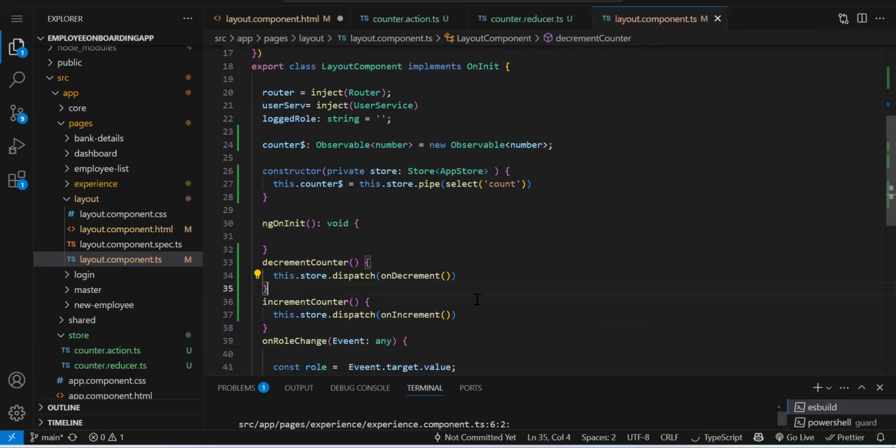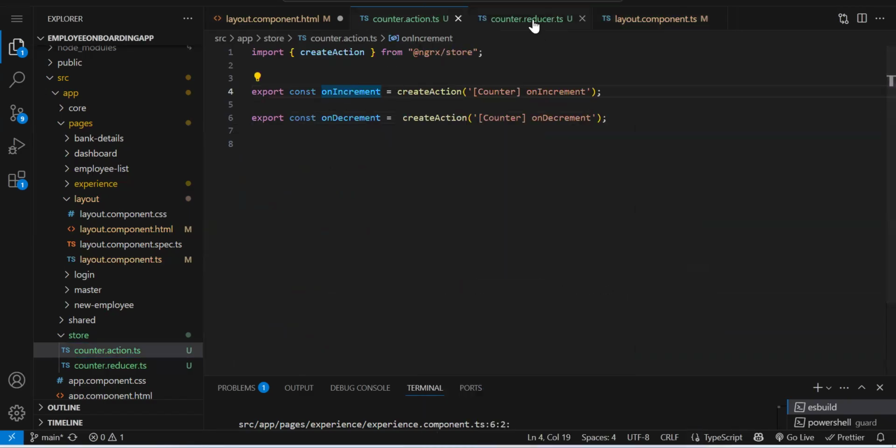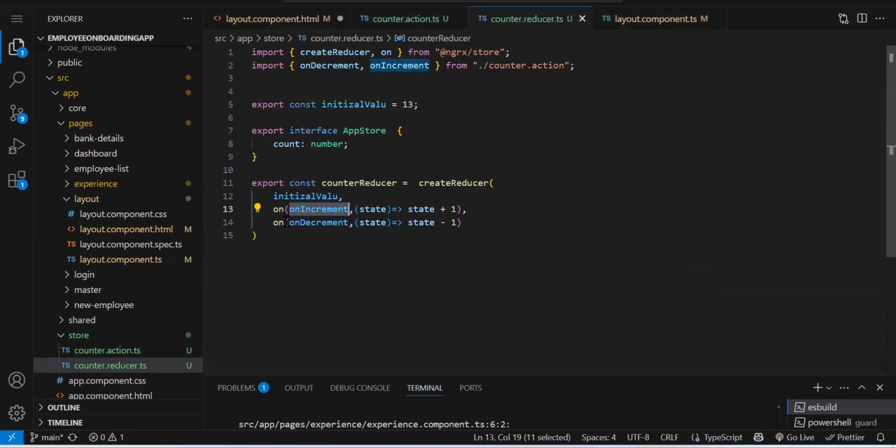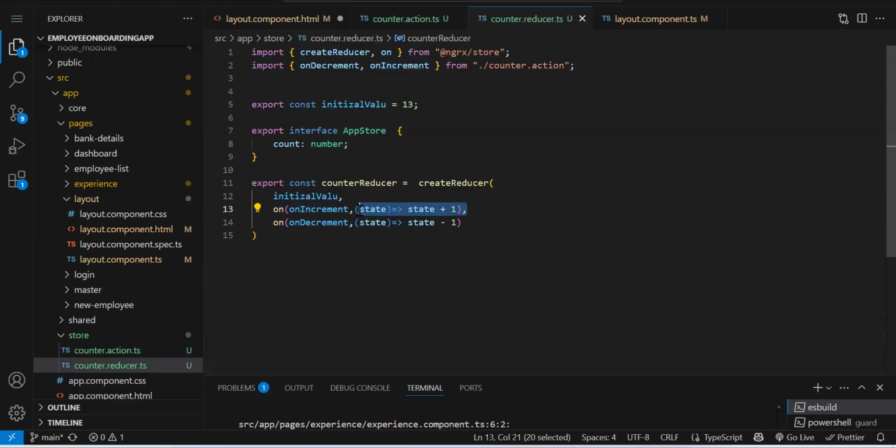So you are doing some operation with your store, but along with the action, because you cannot call the reducer directly. How will the reducer execute? When you invoke any action, see what happens now. When you execute this line, it will go over here. It will create this action we are executing. So this action we are implementing over here. It's like a switch case. When this action gets executed, this piece of code will execute. When this action gets executed, this piece of code will execute. Okay. Now see.